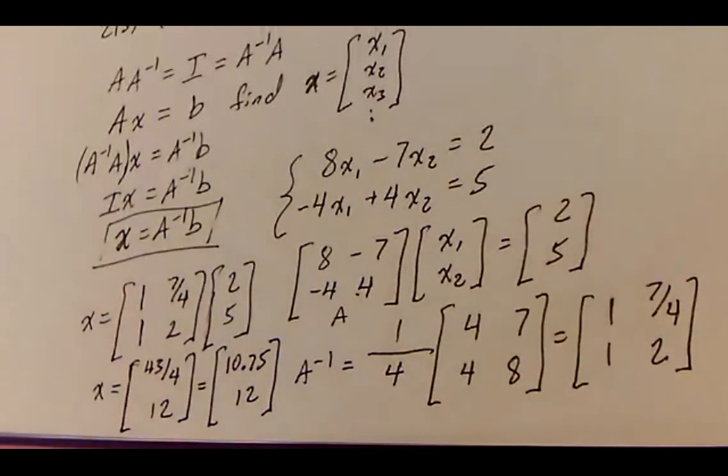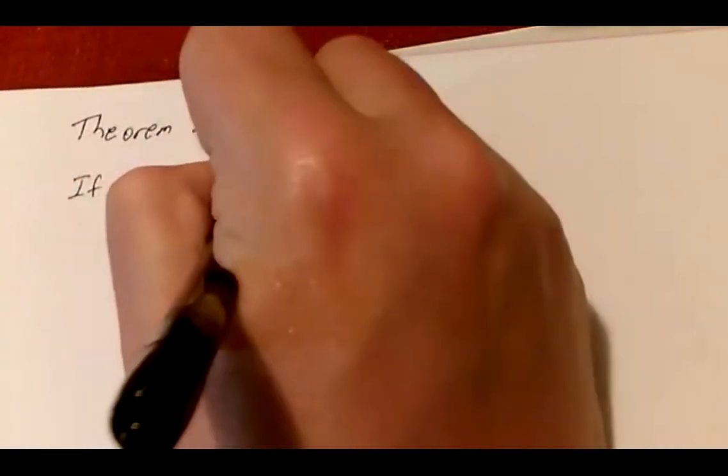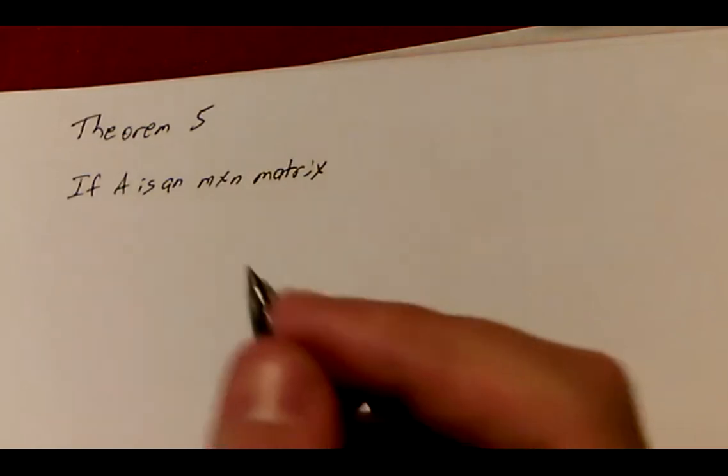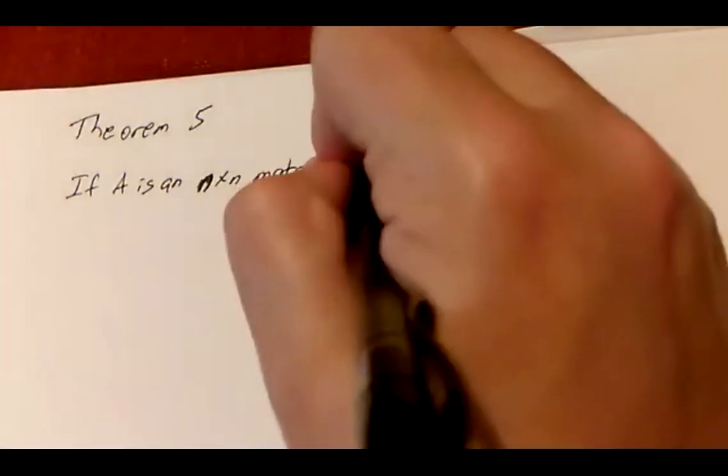So we can use an inverse to determine the solution of a linear system. We're going to codify that as Theorem 5 for section 2.2. Theorem 5 says if A is an M by N matrix, I'm sorry, not M by N, I wrote that wrong, an N by N matrix, then